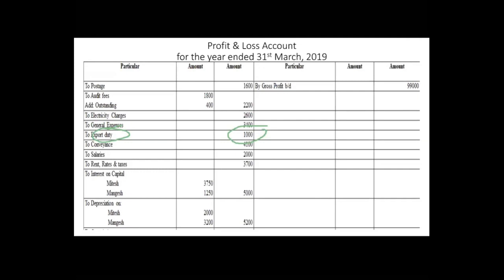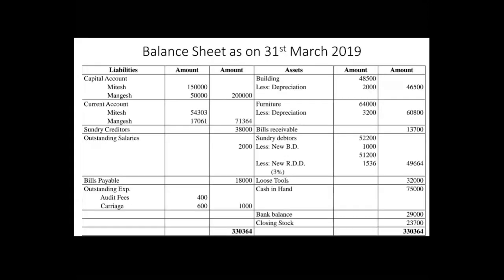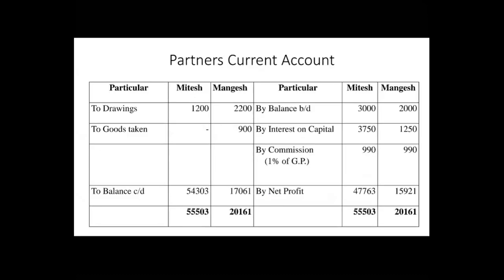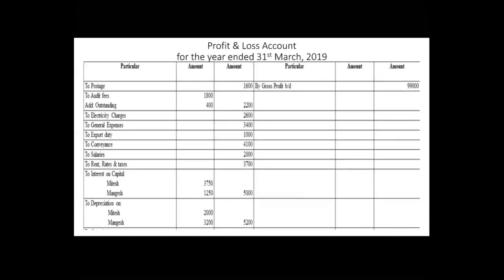Next one is cash in hand and bank balance. Okay, so cash in hand and bank balance, they both are assets. So they both are recorded in balance sheet on the asset side. So you will see over here cash in hand and bank balance. There is never any adjustment on these in final accounts. Okay, that's why they are recorded directly in the second column. Now the next one is the conveyance. So conveyance is an indirect expenditure which is recorded in profit and loss account. So conveyance is here and no adjustment is here. So the amount, you have to put directly in the second column.